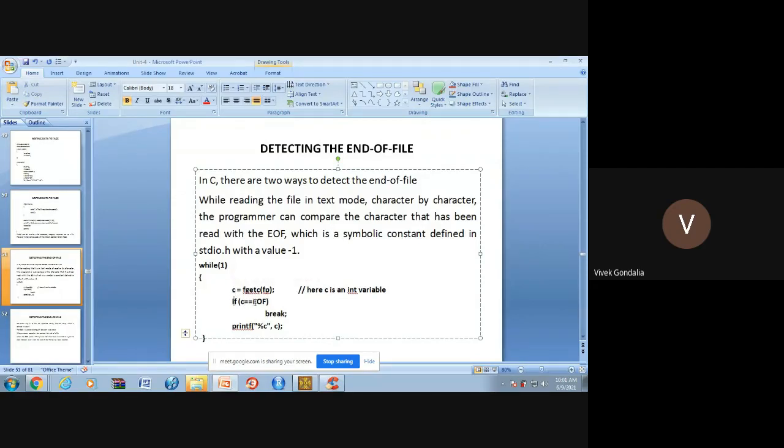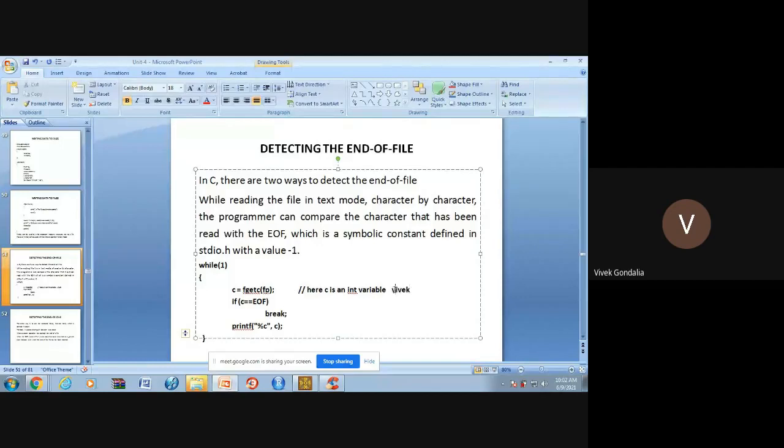Okay, C is equal to EOF. EOF means it is an end of file. EOF means the end of file. If C is equal to EOF, by default its value is... whenever you get the C. Suppose C is a character. Clear? Suppose in my file, my name is there.